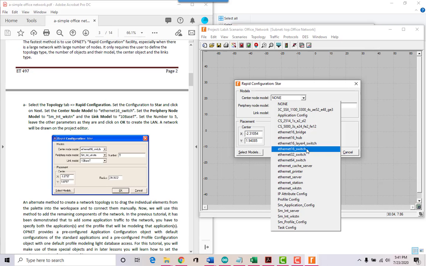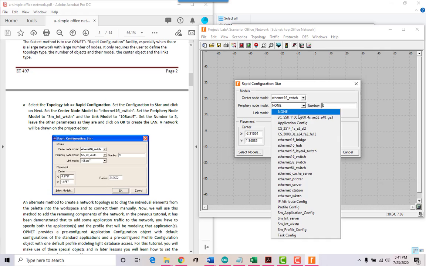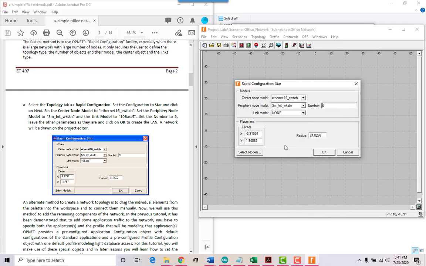The peripheral node is going to be SM-INT workstations. And the link model to a 10 base T network, so a pretty slow network. Set the number to 5. There's 5 workstations. Leave the other parameters alone.